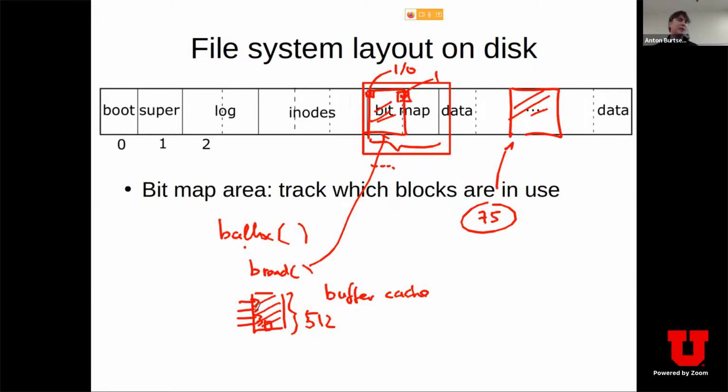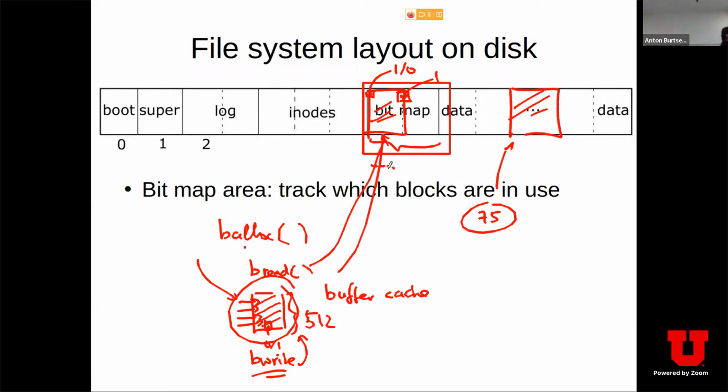And since you will do a block write, right? Because at this point you changed the 0 to 1, for example. This block will still stay in memory, and if someone else tries to read it again, it will just hit it in the buffer cache. We'll keep scanning. At some point, this block will get evicted because you ran out of space in the buffer cache, and then it will be written back